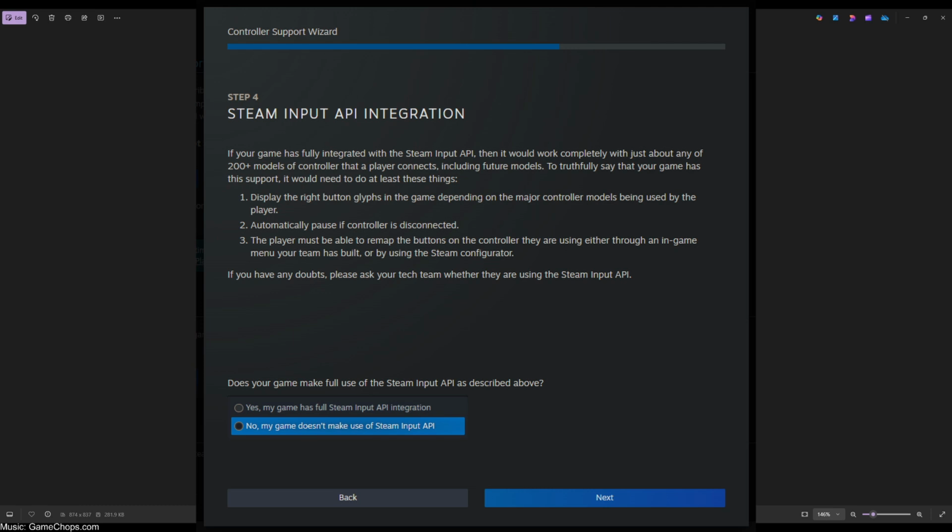Steam Input API integration. If your game has fully integrated with the Steam Input API, then it would work completely with just about any of 200 plus models of controller that a player connects, including future models. To truthfully say that your game has this support, it would need to do at least these things. 1. Display the right button glyphs in the game, depending on the major controller models being used by the player. 2. Automatically pause if controller is disconnected. 3. The player must be able to remap the buttons on the controller they are using, either through an in-game menu your team has built or by using the Steam configurator. If you have any doubts, I mean,